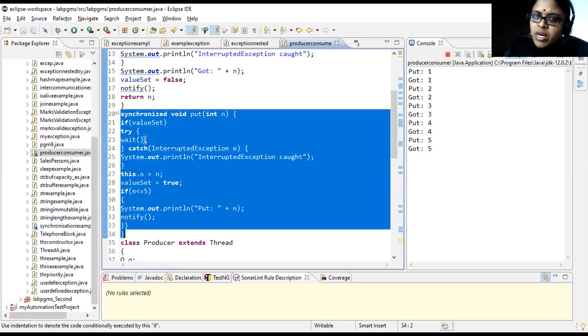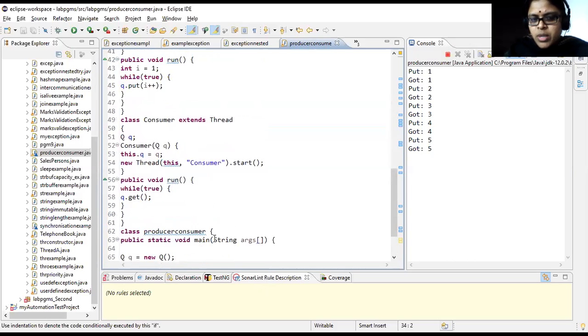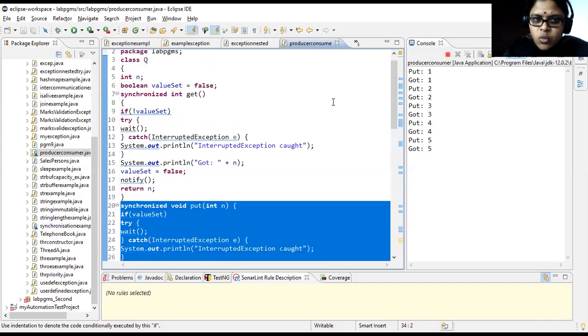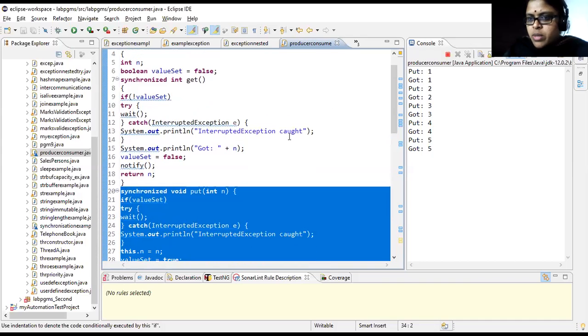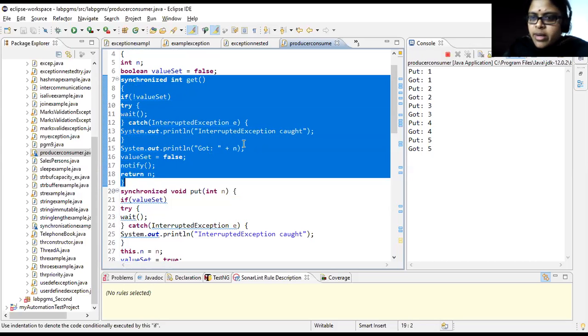Now, when your producer is waiting, what are the other two threads which are running? Main as well as consumer. Main doesn't have anything of its own now, right? It is completely executed, but it will be in the running state till it ends. So what is the other thread now which needs to be executed? Obviously your consumer. So the consumer will go, it will call your get function and it will read the data.